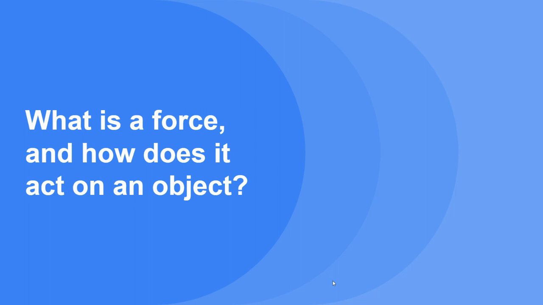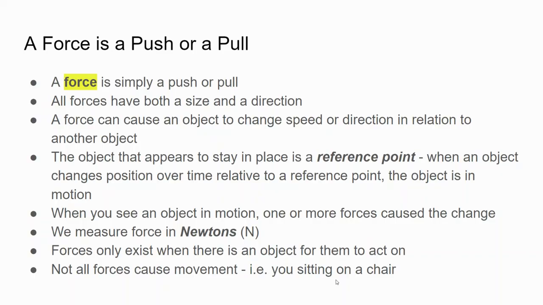Okay, so what is a force and how does it act on an object? Forces are really, really simply put, simply a push or a pull on something. So, yes, when you push on somebody or you're pulling a wagon or you're kicking a soccer ball, all of those things are forces. And they have special names for those types of forces. But then there are these really amazing forces that we don't even really think about, and some we can't even see. But simply put, that is what a force is. A force is a push or a pull.